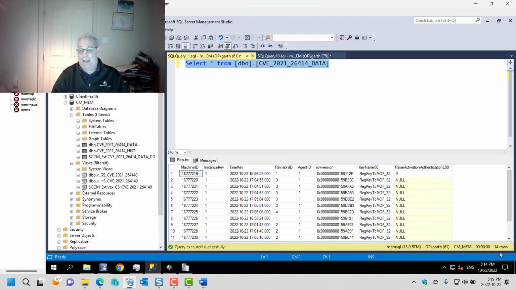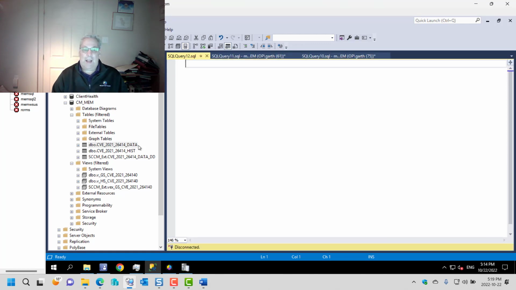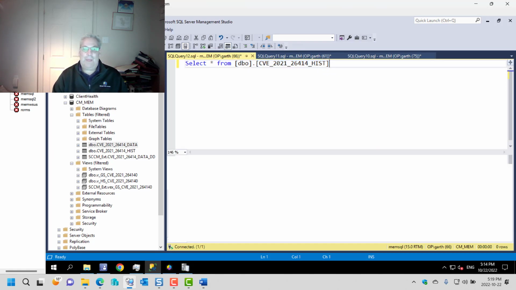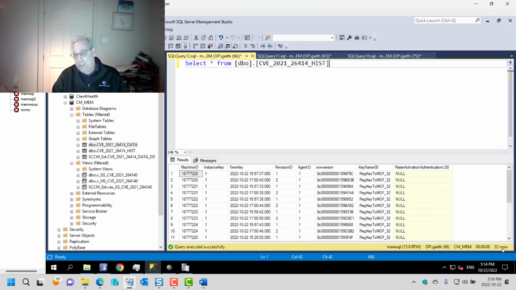So that 48 KB is all of these 14 rows plus whatever is listed in history. So let's go look at how many are in history. We'll take that same one, and we'll select star from, and notice it says HIST for history, and we run that. And in there you can see there's 22 rows in here. And if you look closely, even this first one, you can see it's run twice on this. So that 48K includes the history